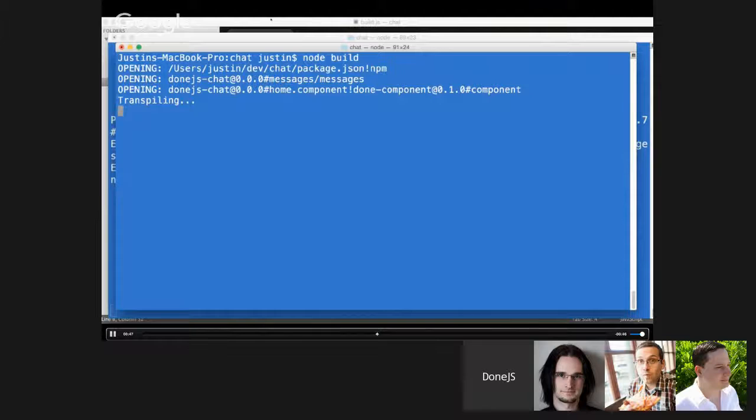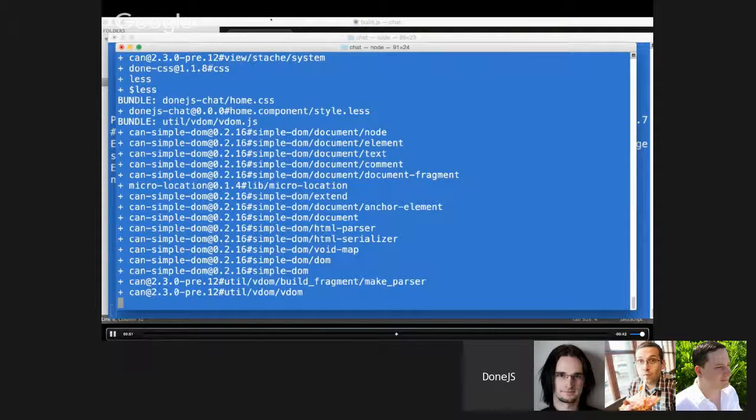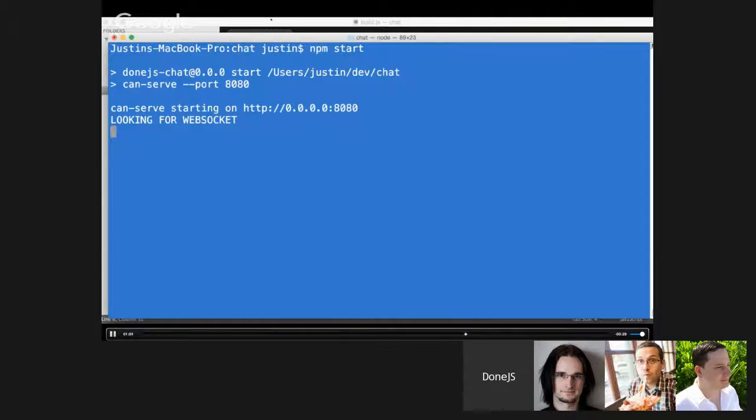So you can actually see it opened up 3 different main pages: the main module, the index.stache, and then it did it with the home component and the messages component. And then it built out a bunch of different bundles that we use when we run our application in production,